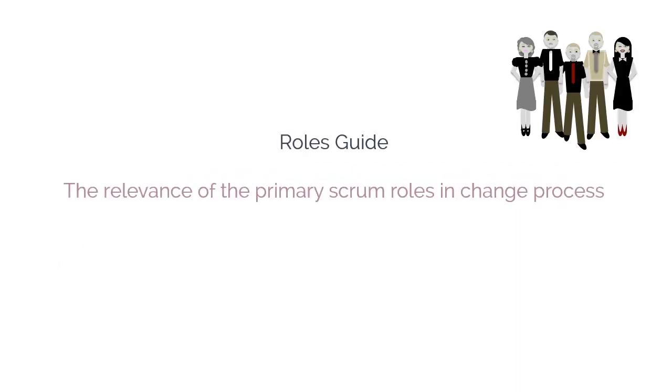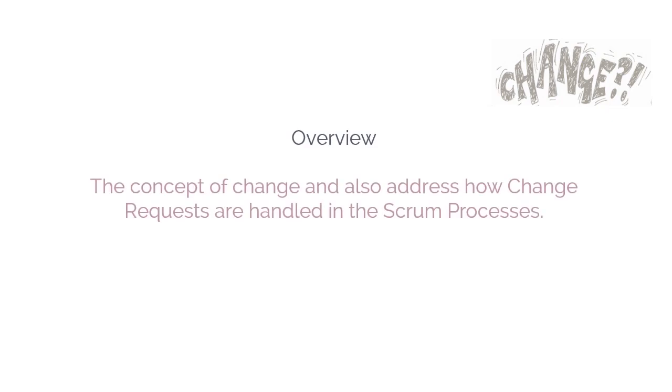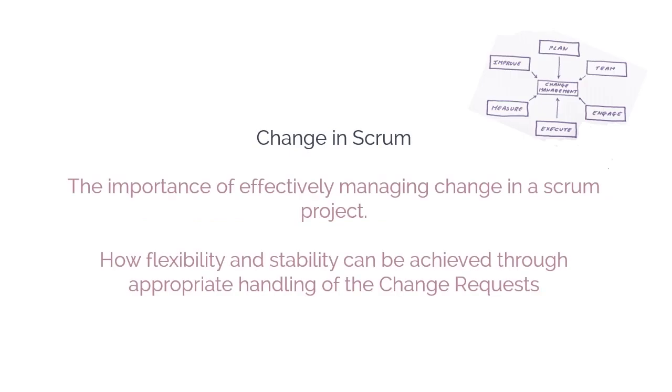This chapter is divided into the following sections. The first is Roles Guide and the relevance of the primary Scrum roles in the change process. The second is the Overview section, which defines the concept of change and also addresses how change requests are handled in the Scrum process. The third is Change in Scrum, which explains the importance of effectively managing change in a Scrum project. It also addresses how flexibility and stability can be achieved through appropriate handling of the change requests that arise